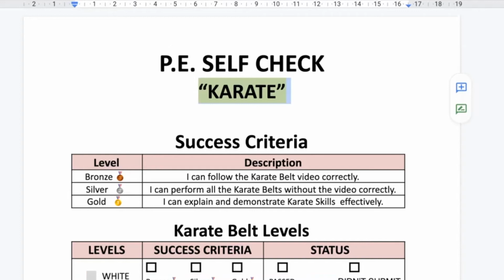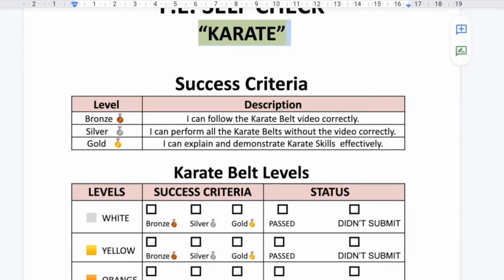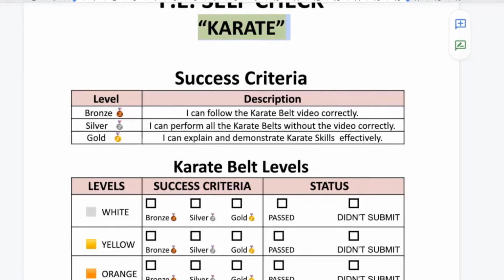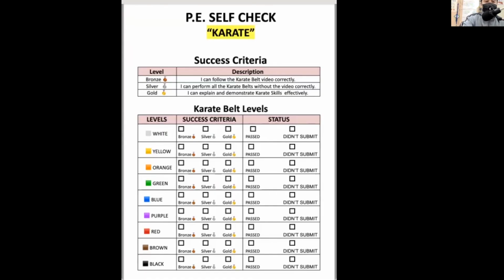Okay, so what I did, either you can download or convert this Google Docs into an image, but since I'm using my MacBook, what I do is I just screenshot it. I screenshot it and it becomes an image automatically. And I'm just going to show you the screenshot. So this is the screenshot of the document.